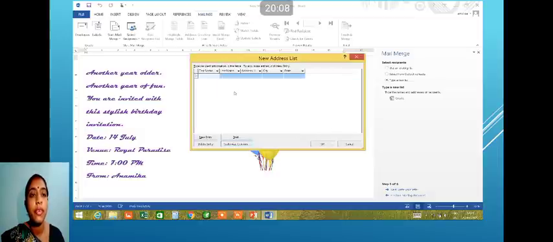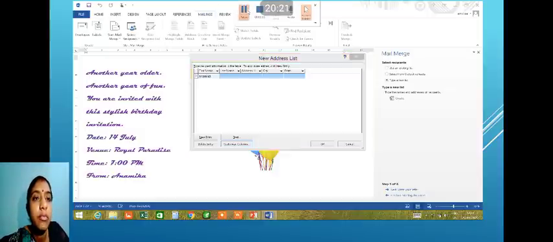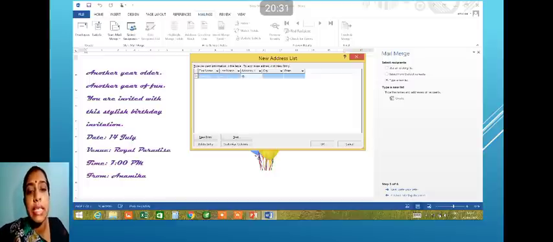Now you can see whatever fields I have chosen, that all fields are there. First name, last name, address line 1, city and state. After that I will type all the list. This I am just giving you an example.